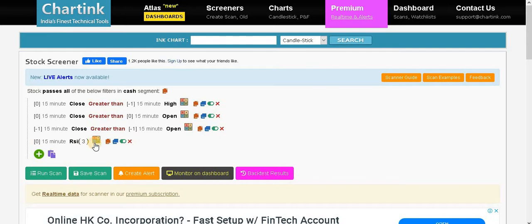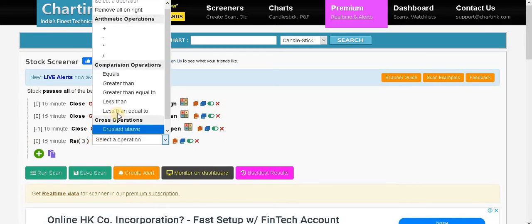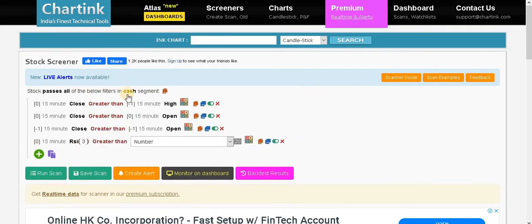Over here again we need to select the greater than value, and in the number section it will be number, as this is a buy side scan.